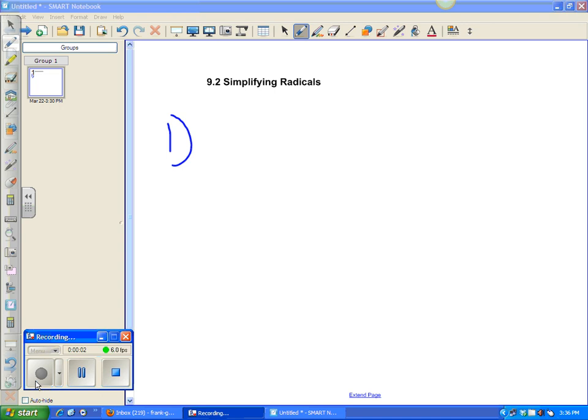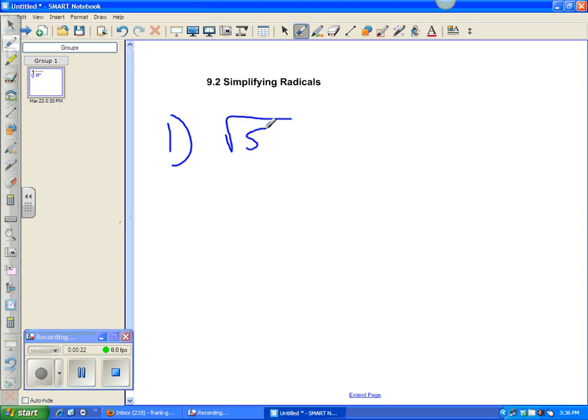Okay, this section is about simplifying radicals. This is actually kind of a fun section for me. I'm not sure why I think it's fun, but I don't know. We'll see. So let's say you have a radical, a square root formula that is the square root of 5